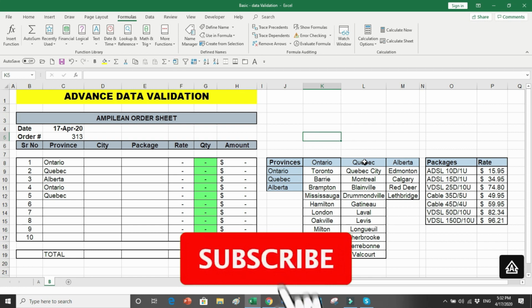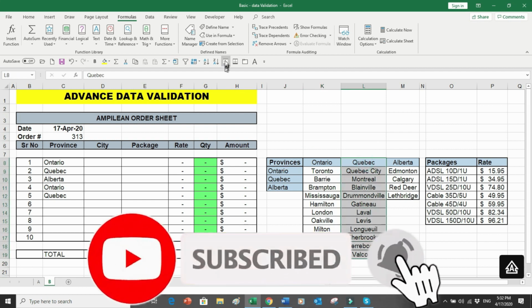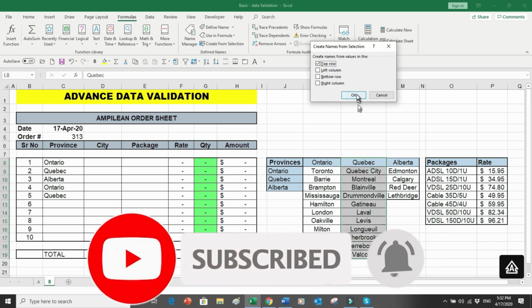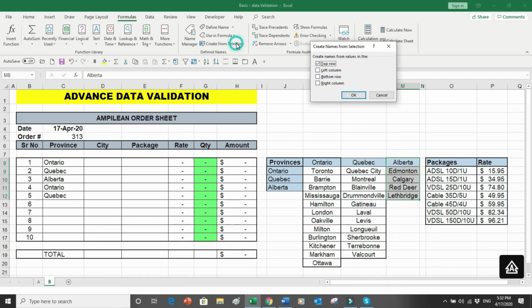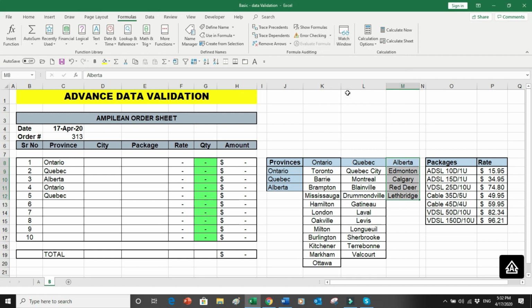Okay. So again, I will select Quebec, yes, and then I will select my last, which is Alberta, and I will say yes. You can select as many as you want if you have a large data. Now I have all three provinces over here. So what I will do, I will select all this thing,